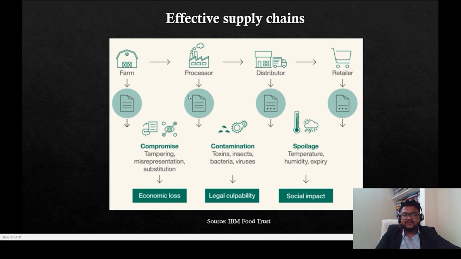Okay, suppose we track these documents in blockchain, within a few seconds we can know from which farm the apple came. So suppose I eat the apple and get sick, we can know at which point of time some kind of toxins or insects or bacteria affected the apple, so this kind of thing can prevent pandemics from spreading. So I wanted to talk about many more things, like tokenomics, decentralized organizations, and IoT,